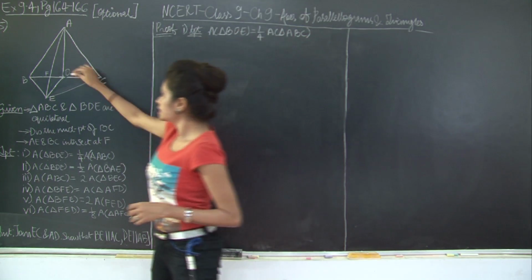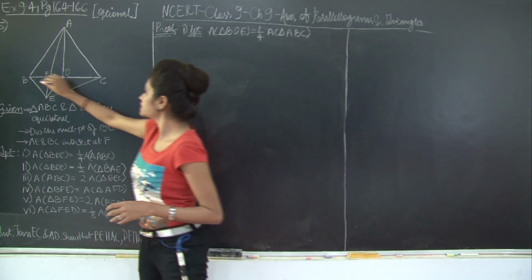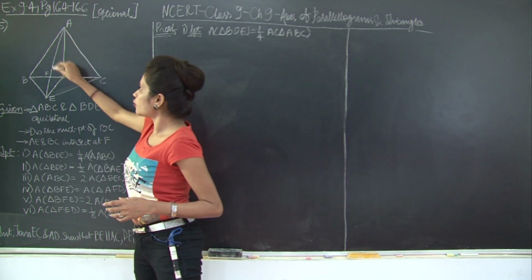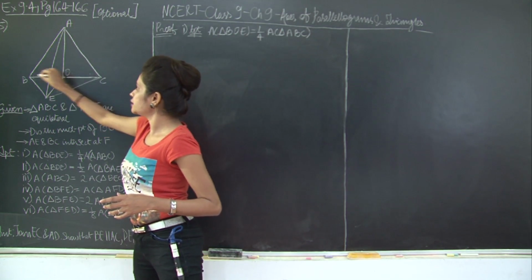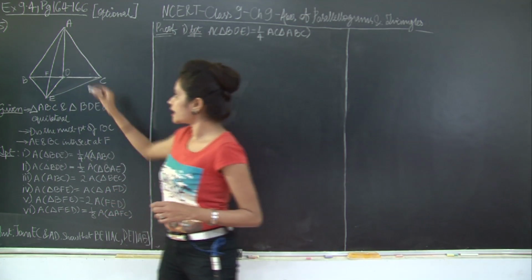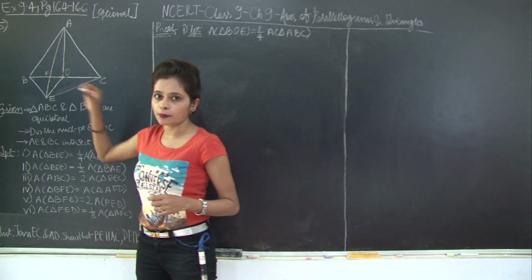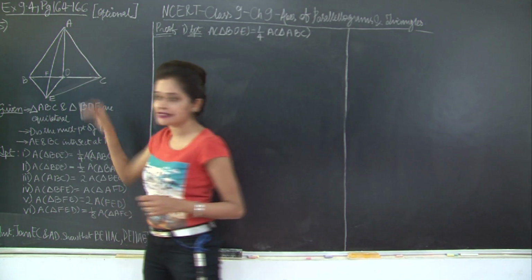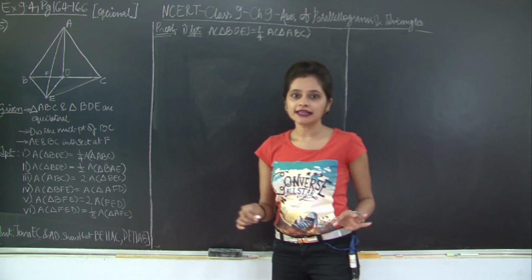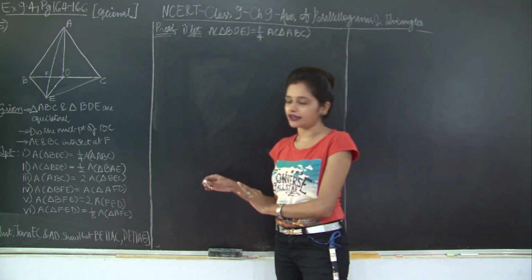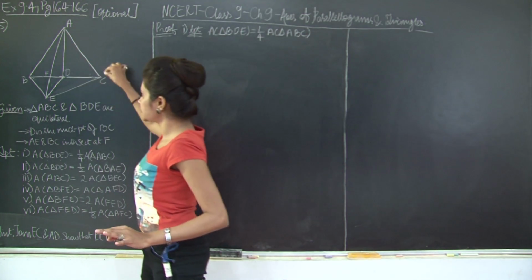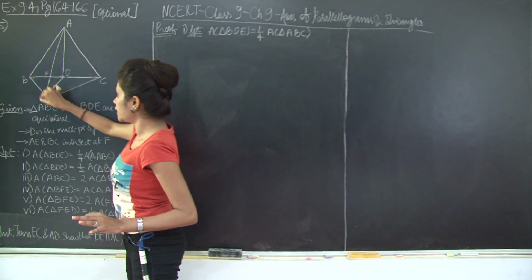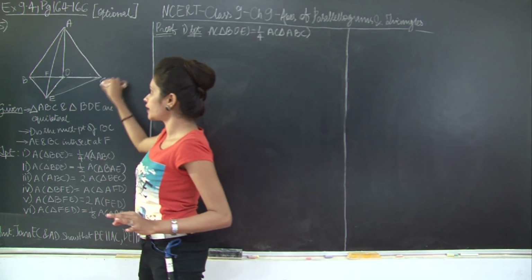Now if you notice, D is the midpoint of BC and D is a part of 2 triangles, ABC and BEC. Therefore AD is the median of triangle ABC and ED is the median of triangle BEC, right? Because the midpoint connecting to the opposite vertex, the line segment so formed, is known as the median. So DE is the median and AD is the median. What do we know about the median of a triangle? That it divides the triangle into 2 triangles of equal areas. So I can say that triangle ADC is half area of triangle ABC. Similarly, I can say area of triangle BDE is equal to half area of triangle BEC.